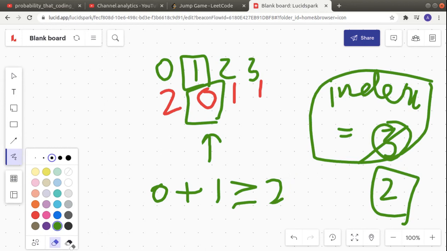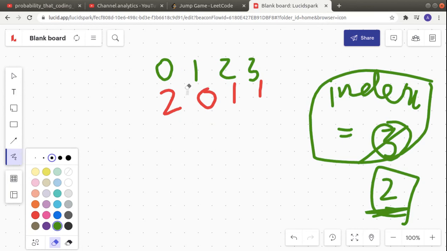So let me write it properly. So if this is true, but here we can see that this is false, right? 1 is not greater than or equal to 2. That means this is not helping at all. This is a useless index, and we can let the index remain as such and move forward to the leftmost index again. So now we have this. So now this is having a value of 2 and the index is having a value of 0.